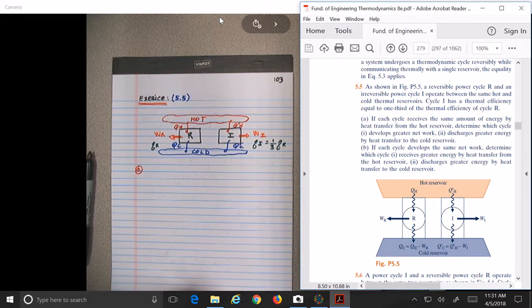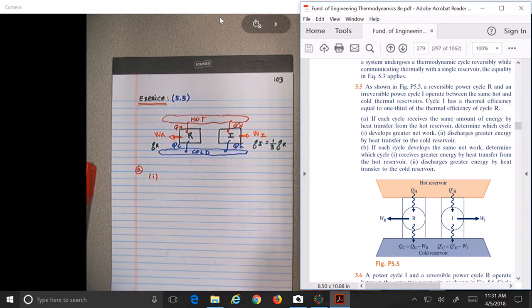Okay, and B, which cycle discharges greater energy by heat transfer to the cold reservoir. Wait, are they serious? I mean, I don't know, but